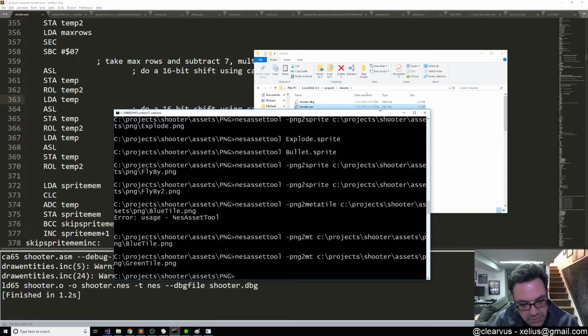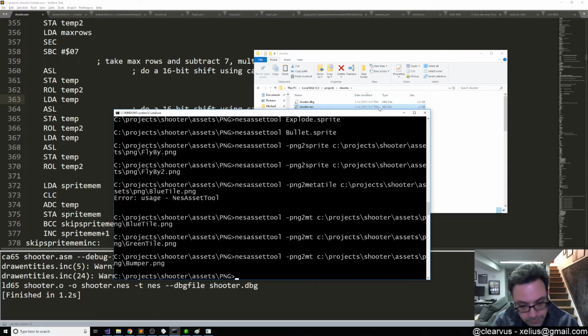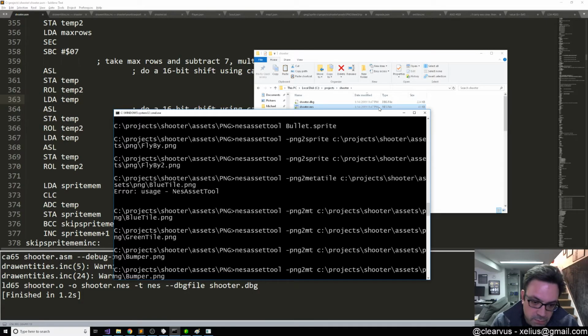Blue tile, green tile, bumper, and then we should be able to